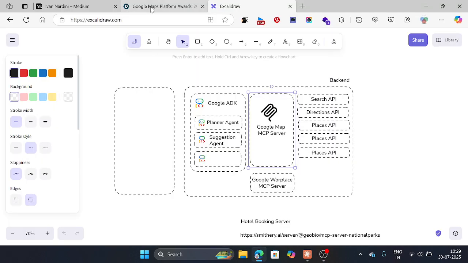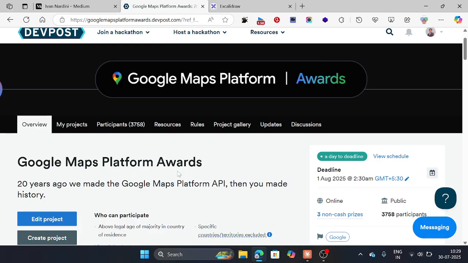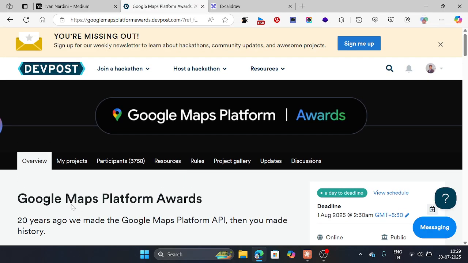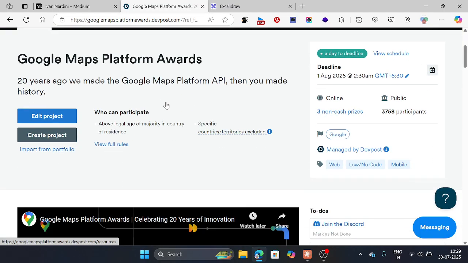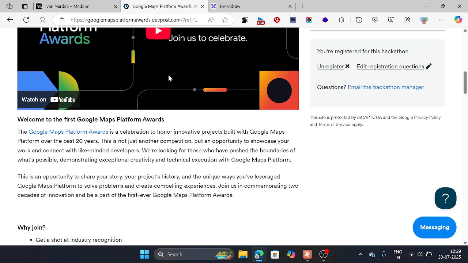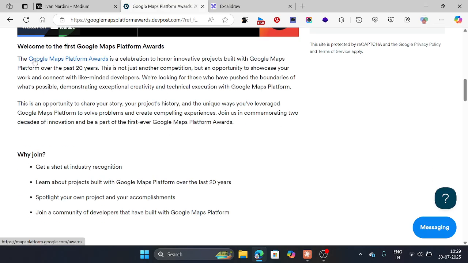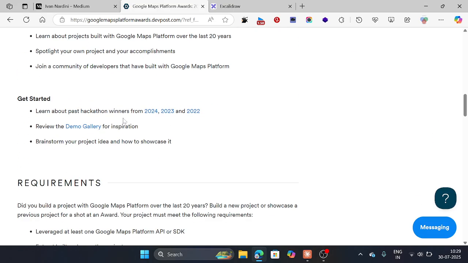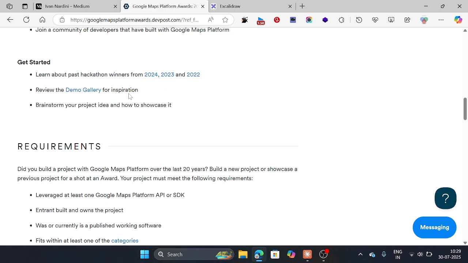In this video, we are going to participate in a Google Maps Platform Awards hackathon. This hackathon is hosted on the DevPost platform. In this hackathon, we need to use the Google Maps API and create a solution. You can see the previous year's hackathon demo gallery, which shows how we can create a solution